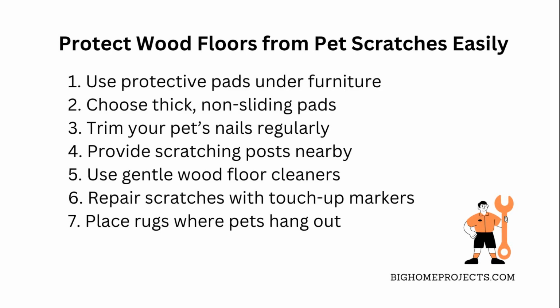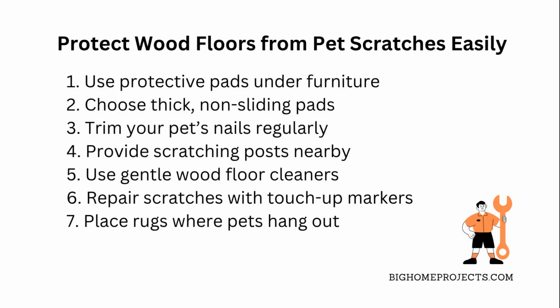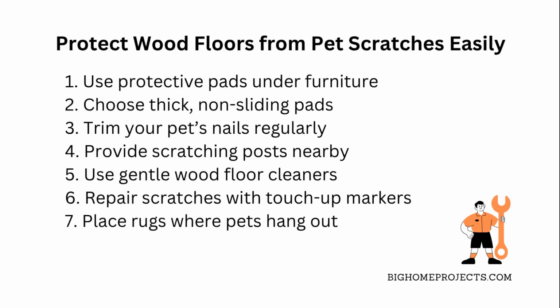Make sure the pads are thick enough to handle the weight and don't slide around. Sticky ones or felt pads work best. Keep your pet's nails trimmed regularly because long nails are like tiny knives on wood floors. You can also train your pet to avoid scratching near the furniture by using deterrent sprays or providing a scratching